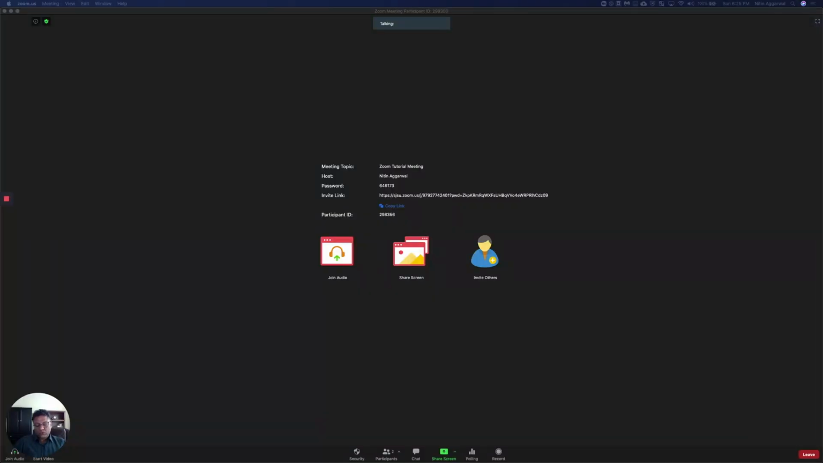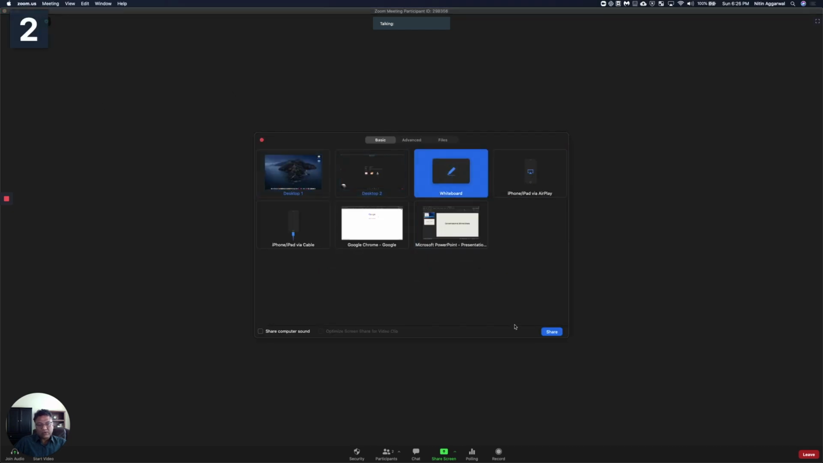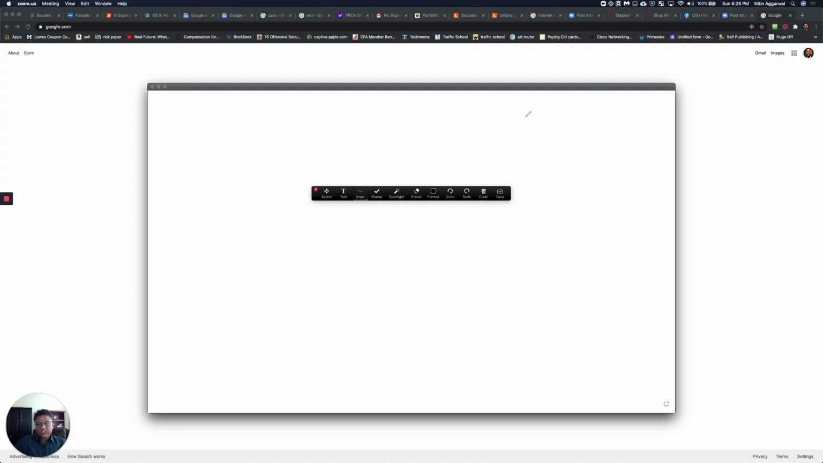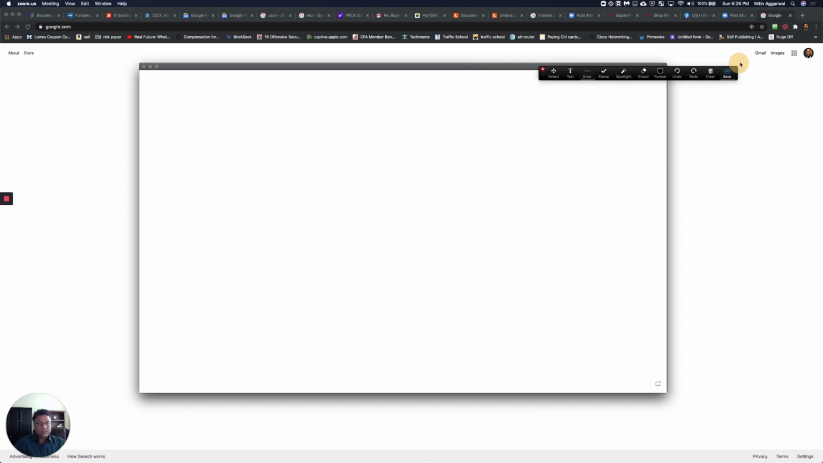So the very first way we will interact with our participants is by sharing the screen and sharing the built-in whiteboard in Zoom. While you're logged into Zoom, click on share screen, then click on whiteboard and click share. This will open up a whiteboard within the Zoom interface, and now you can start using your touchpad, or if you're logged into an iPad, then you can use the annotation tool on your iPad and you can